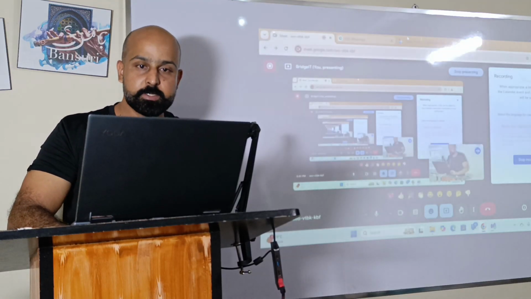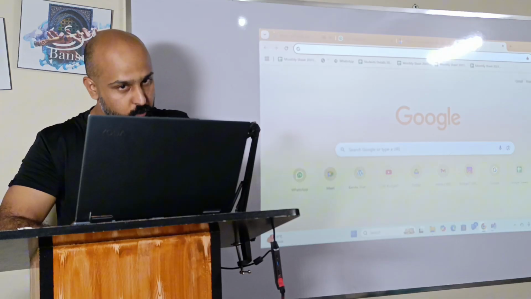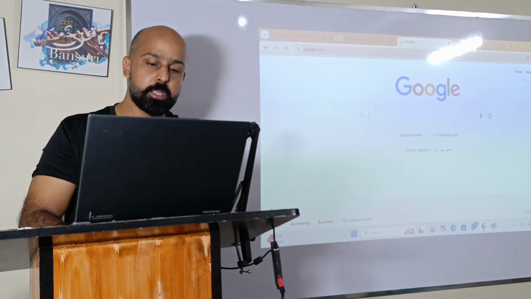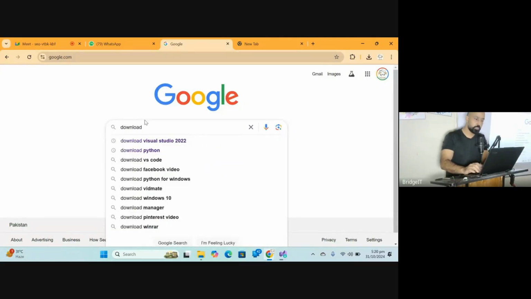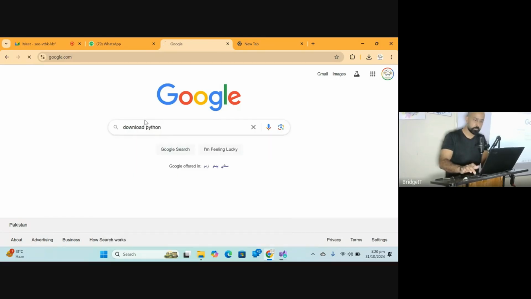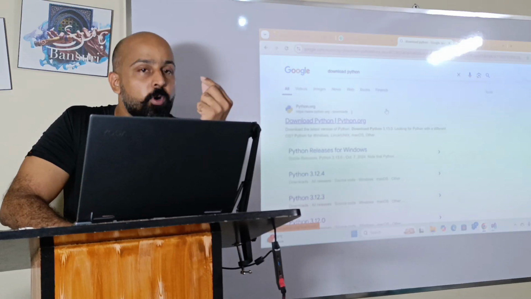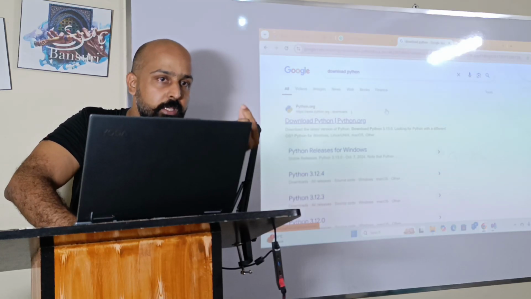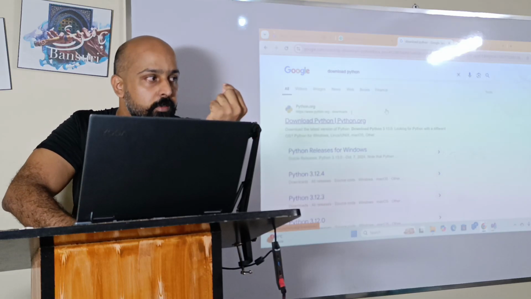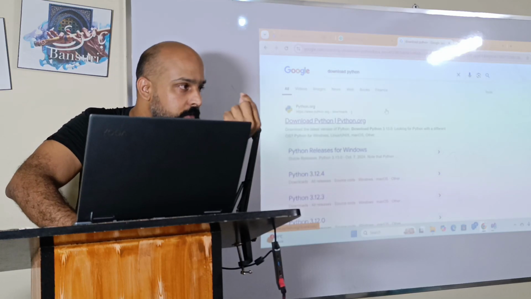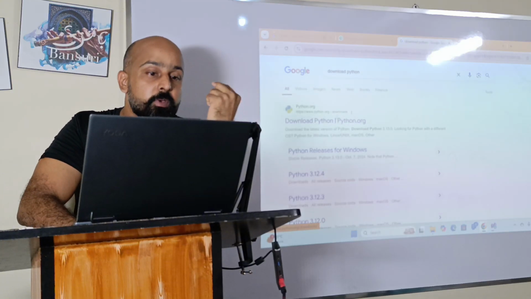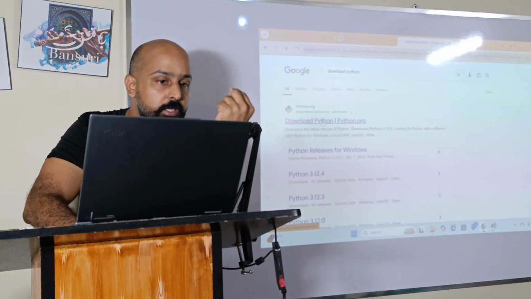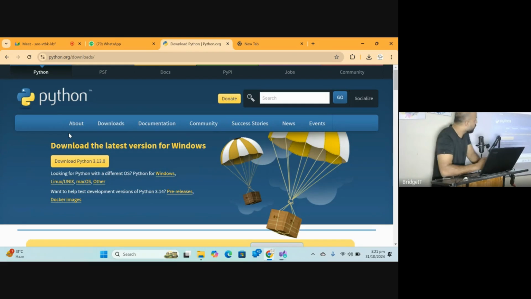The second tool is, again, let's go to Google and download Python. Now, before we download a sophisticated IDE, integrated development environment, like PyCharm or Anaconda or Spyder, the very first thing that we need in our system is the Python compiler that we can get from python.org itself.